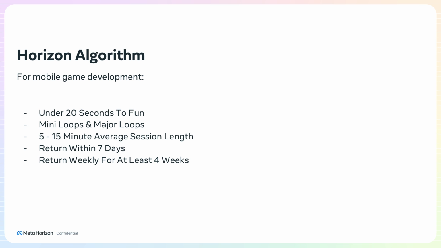5 to 15 minutes. So we start by making a game, and you imagine your first major loop is a 5-minute loop. At least that's what I did. You can take your own spin on this, however you want. But then you can imagine, oh, they play 3 of those. That's 15 minutes, right? How do you get them up to 15 minutes? If you can get them to a 15-minute average session, and obviously mobile's a little bit shorter session time, but when we're thinking about 15-minute average session length for a VR user, that's a pretty good chunk of their session time.